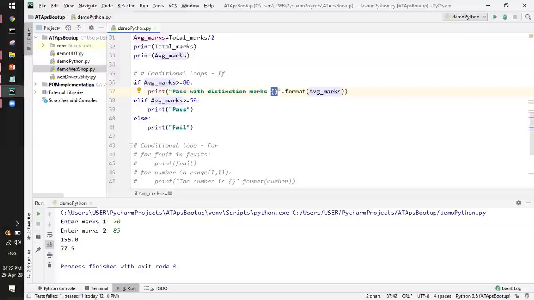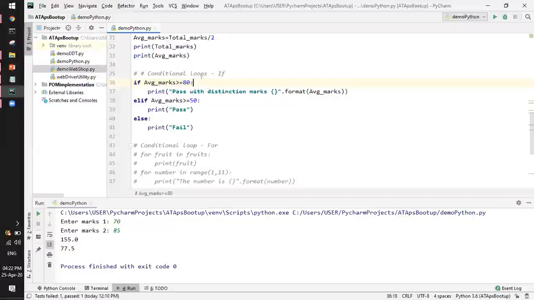Similar to that, even in Python we have if and then a condition, and an important syntax here: we have to enter a colon. You can see here we are not using open and close curly braces to show the limit of a class or a method or an if condition, because in Python it is very important to use the indent.